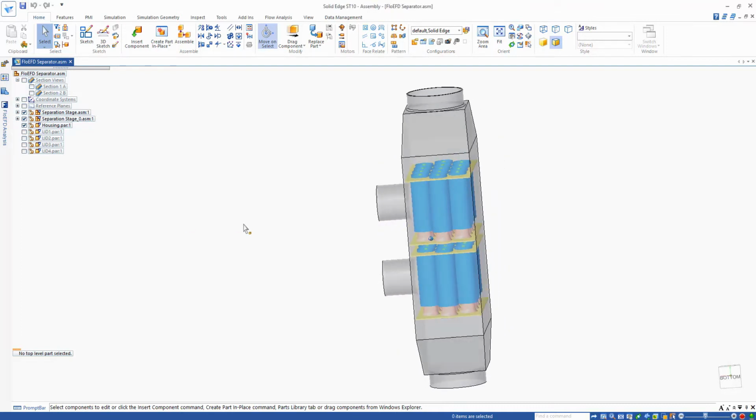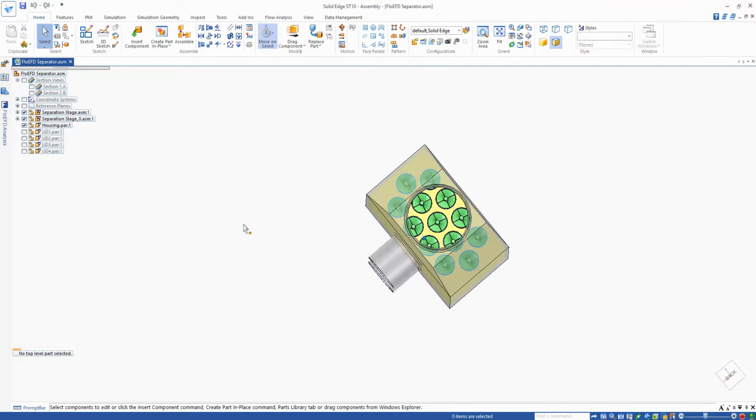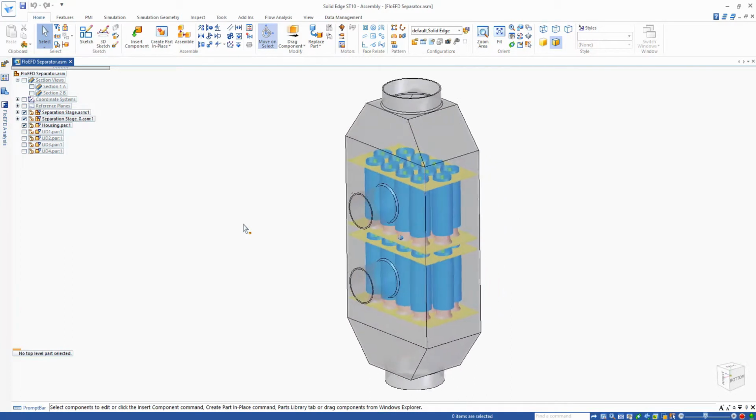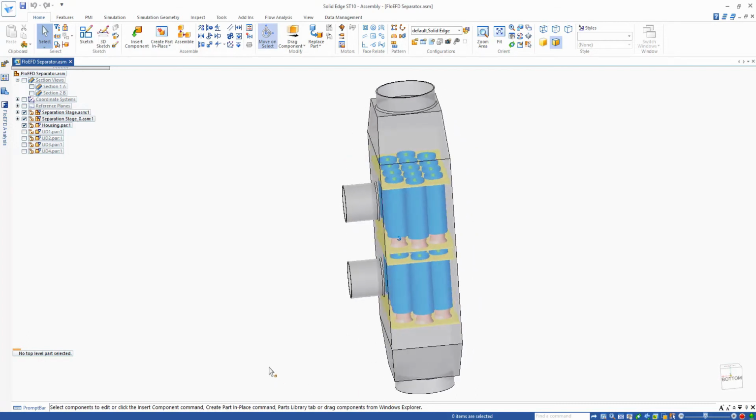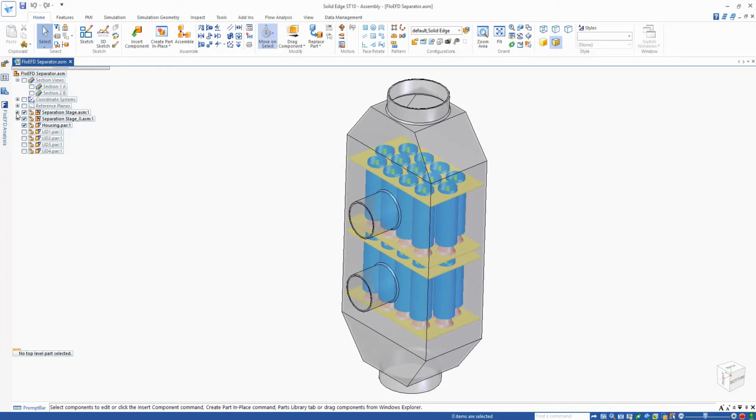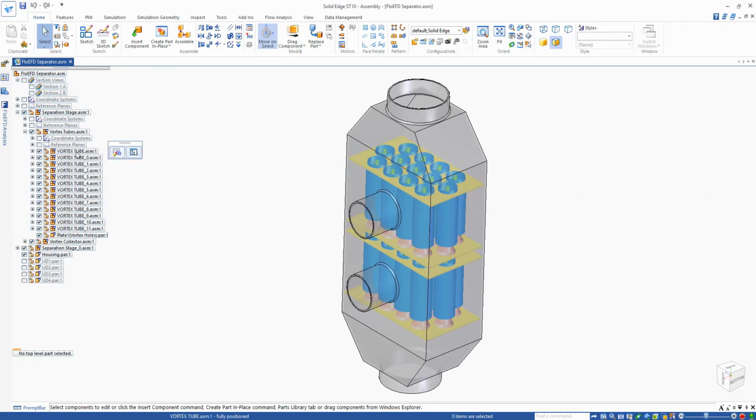Hello and welcome to this FloEFD example where we're going to be looking at a cyclonic separator in FloEFD, where we have an air inlet, two outlets for the cleaning stages, and a third clean air outlet. This is a passive device using vortex technology, and let's have a look at some of the design behind this